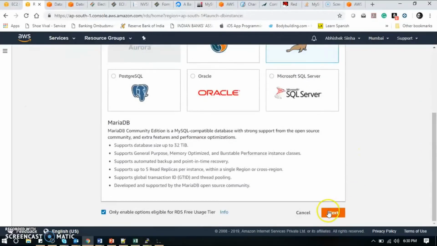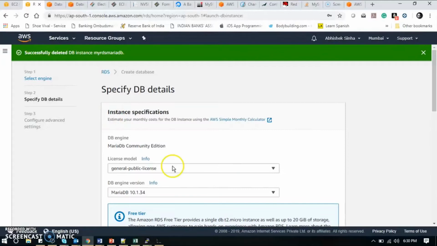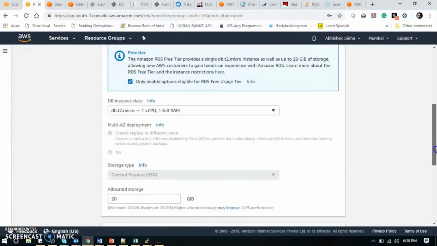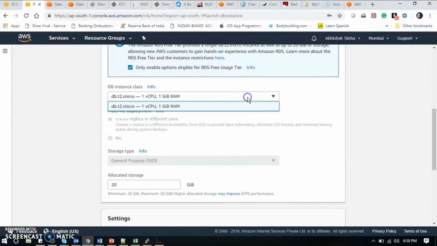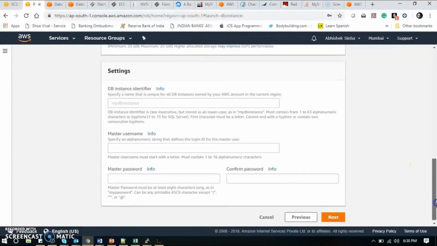Here I'm going to choose the general public license, then I will take the T2 micro, which is the free tier. I'm just going to use the default allocation for my MariaDB RDS instance.